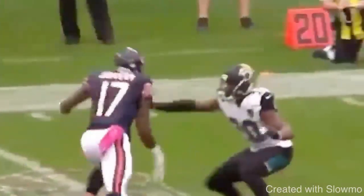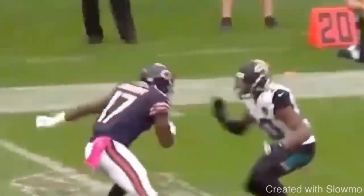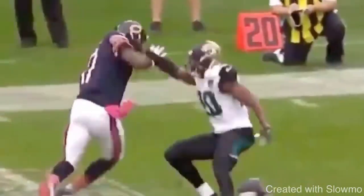Okay, so now let's talk about this next thing here. We're going to be talking about understanding what the correct hand technique is. That's the next step to being a great wide receiver. Understand what hand we have to beat. So we're looking at Alshon Jeffrey here. When we come off this thing, you see how he's able to just swat the outside hand to Ramsey. Now, this ball was overthrown a little bit, but the thing is that we got to understand what release we